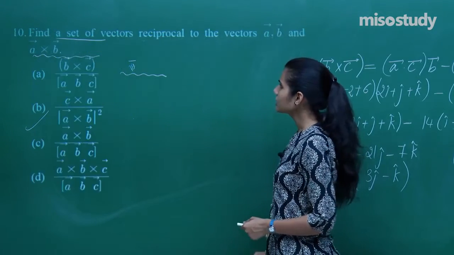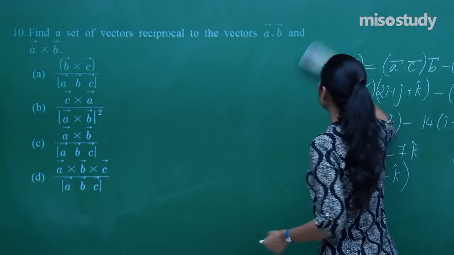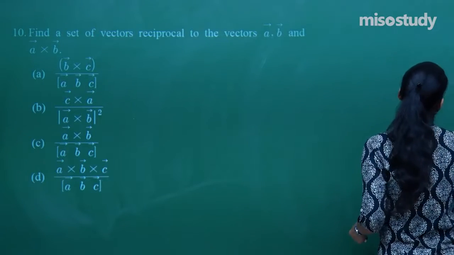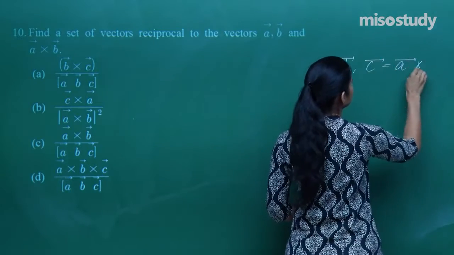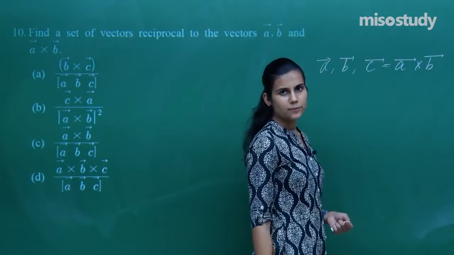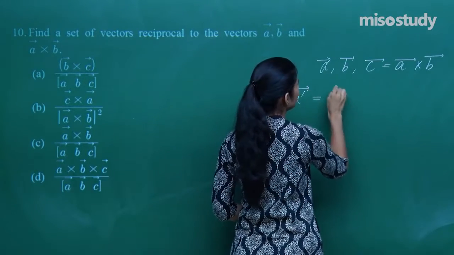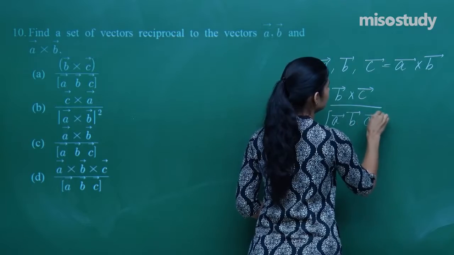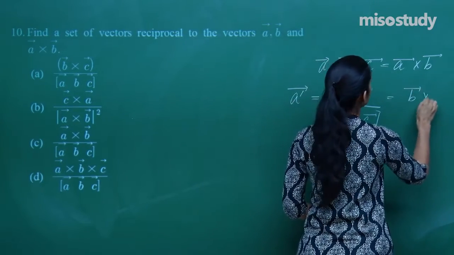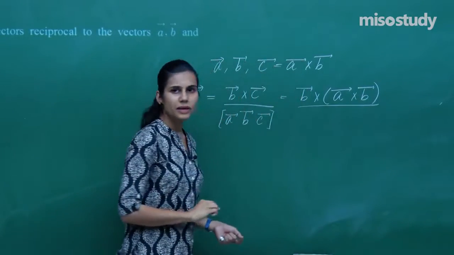Moving to the next, we have: Find a set of vectors reciprocal to A, B and A cross B. So let's take A, B and C, where C is A cross B, and find the reciprocal system of vectors. Say it is A dash, B dash and C dash. A dash will be B cross C upon scalar triple product of A, B, C. B cross C is B cross (A cross B) because C is this. Scalar triple product of A, B, C is nothing but